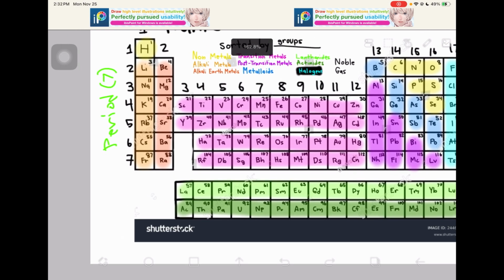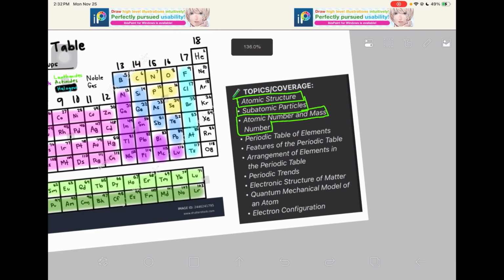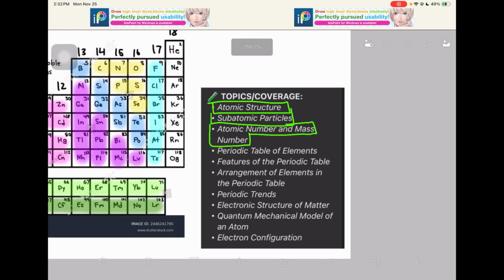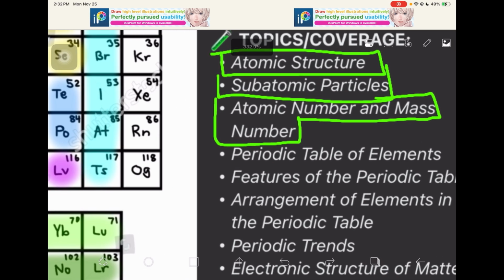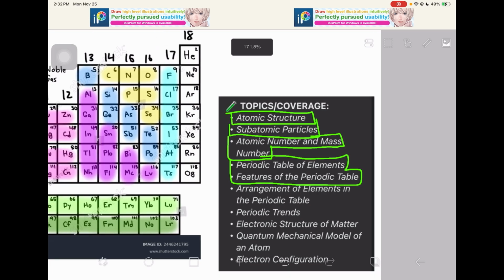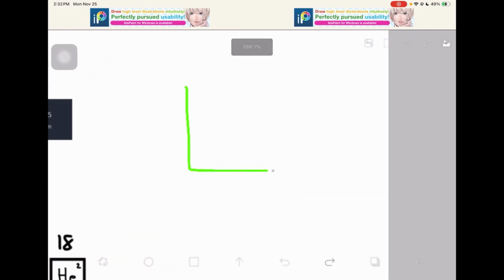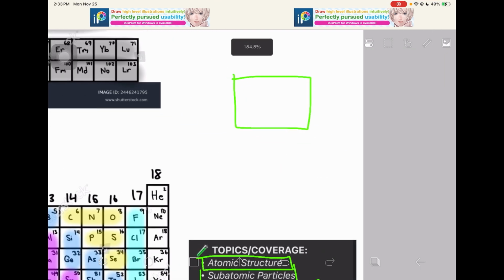Also worth mentioning are the lanthanides over here and the actinides over here. So that really is most of it. So we're gonna take into the history of the periodic table now. But one thing that I actually forgot to mention is that each time you see an element,